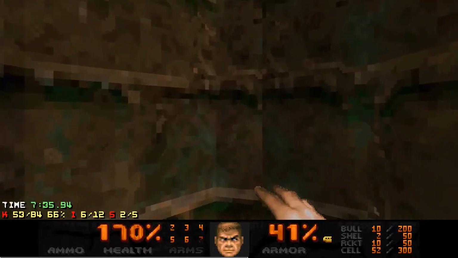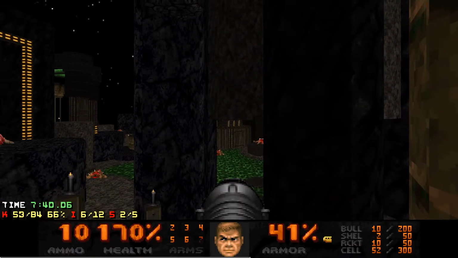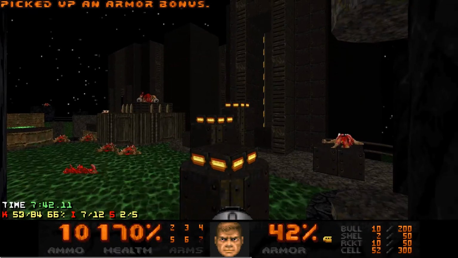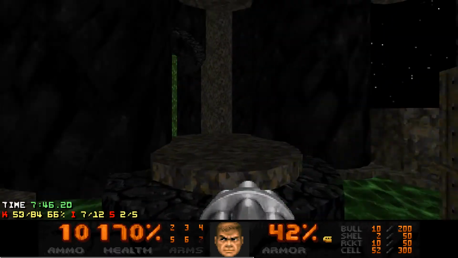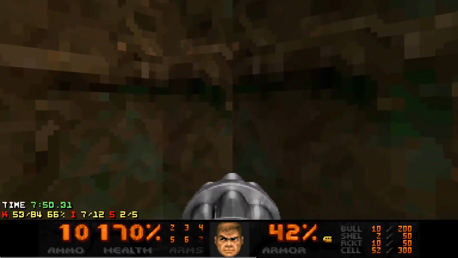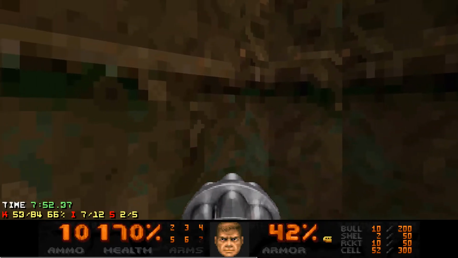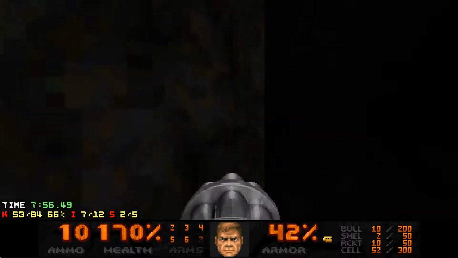Now there's this jump right here. You're supposed to jump to where that armor bonus is. Later on, I will screw up this jump so much, like that, but in different ways. I'll find so many ways to screw up this jump. I really hate this jump, by the way, so